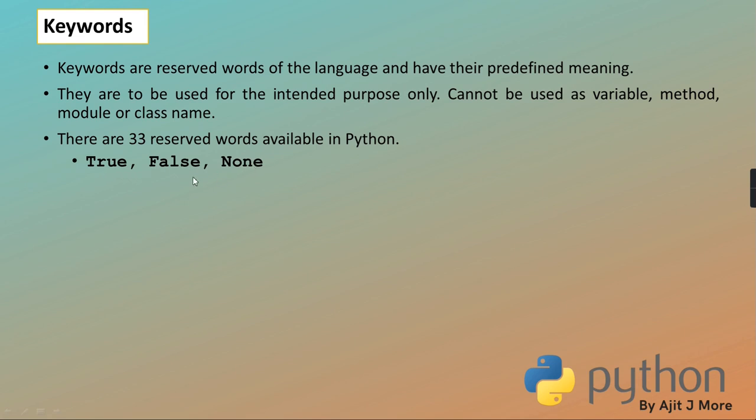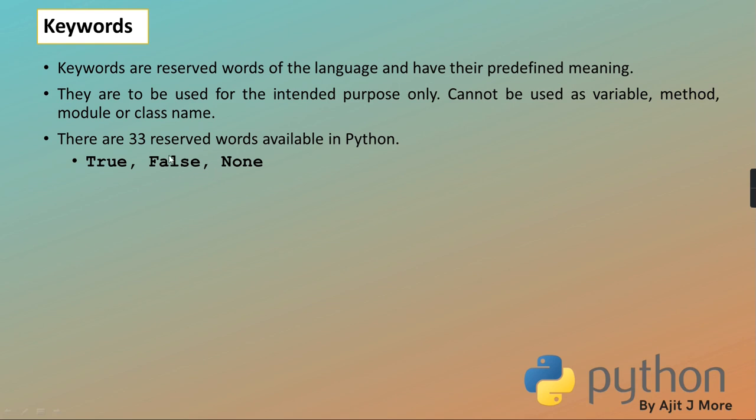These are only the 3 which are in proper case. Proper case means the first letter is capital. Strictly here, remember, if you want to write true in Python, T has to be capital. If you write T small, it will give an error. Whereas in Java, T is small, and in PHP you can write anything: complete capital, proper case, lower case, it doesn't matter. Even in JavaScript too. Here, it's not like that. Strictly T capital, F capital, N capital.